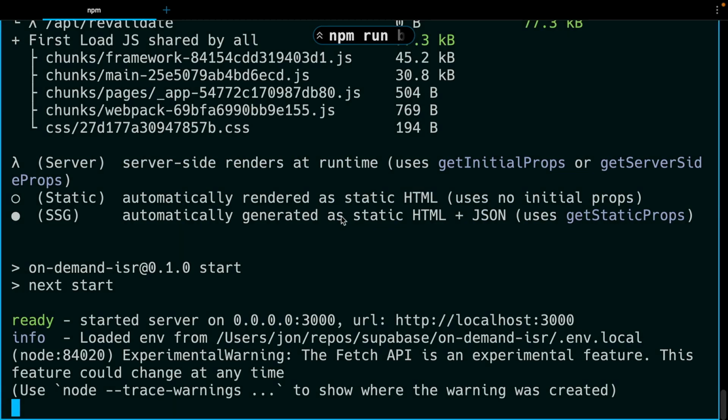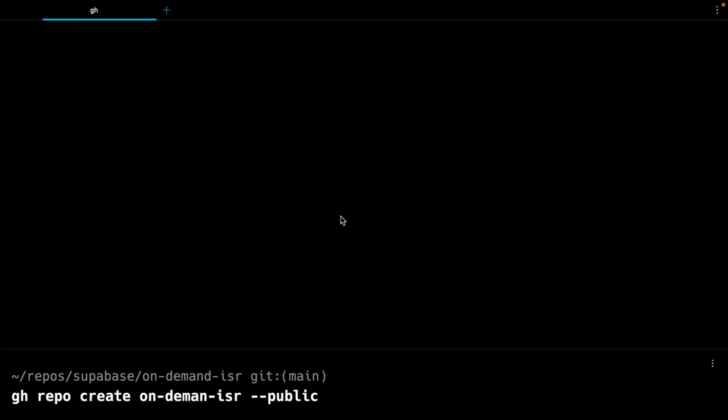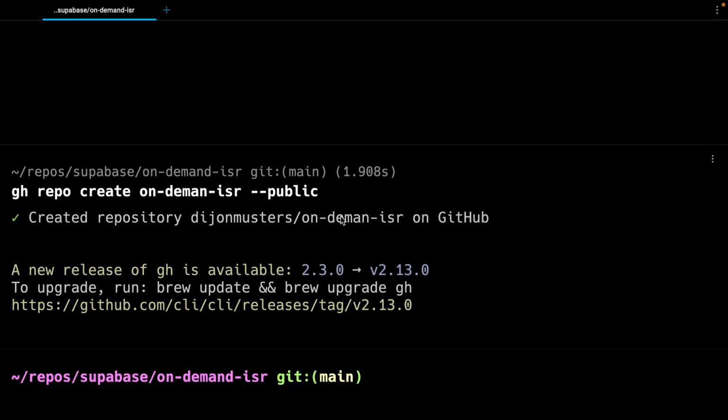So I'm going to come back here and I'm going to say GitHub repo create, and I'm going to create a new repo for on-demand ISR. You can just do this through the GitHub UI or whatever way you prefer to create repos. And I also misspelt that with on-demand ISR, but that's fine. And so I now have this repo,